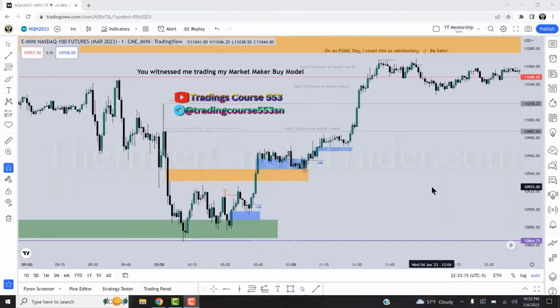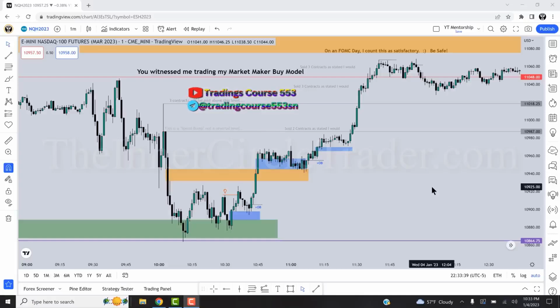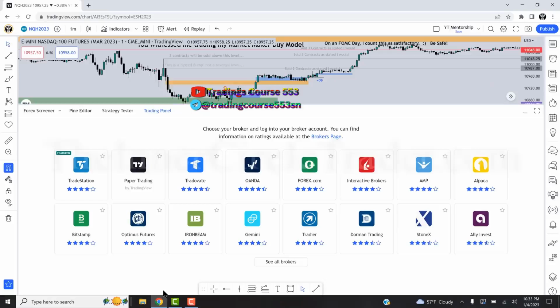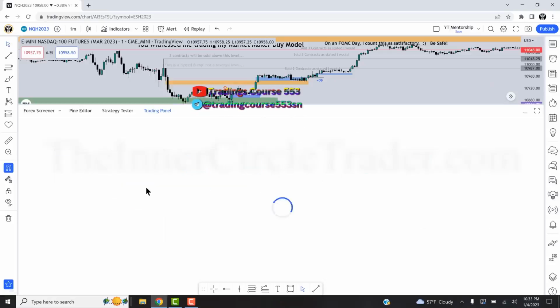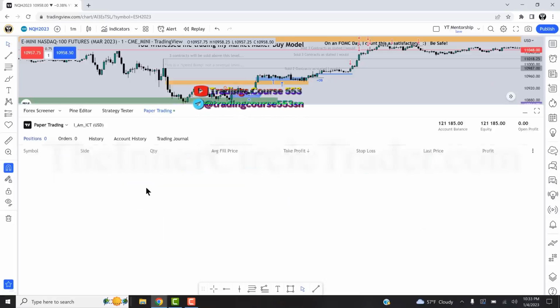All right, so in summary, I promised I would show you the relationship to the US 100 CFD for the non-US trader, like if you're using an MT4 broker type thing, and you can't trade the futures contract in the US. I'll show you how it performed. It actually did better than the actual futures contract did in respect to that daily volume imbalance. But this trade was a paper trade,